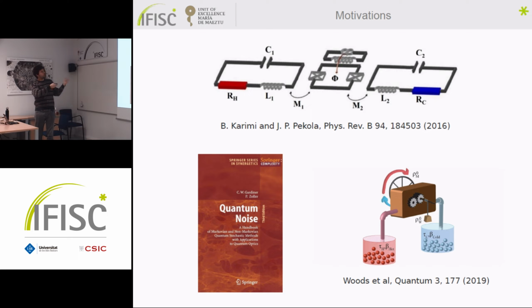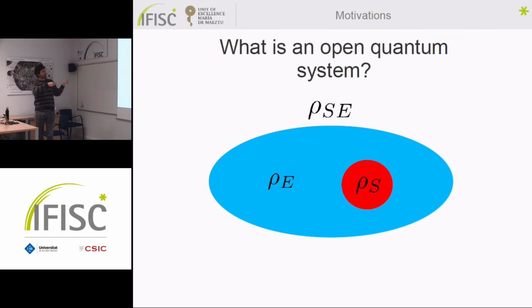So why do they do it? Because they want to study thermodynamics. That is something that must consider something bigger outside, which is a bath. So this is the motivation why we want to study open systems. Just to have now a formal framework about it, let's go to the abstract part of what an open system is.